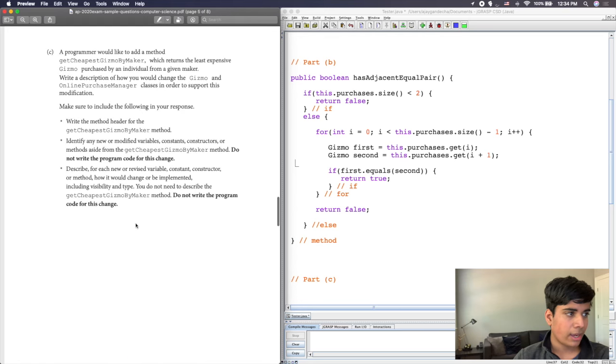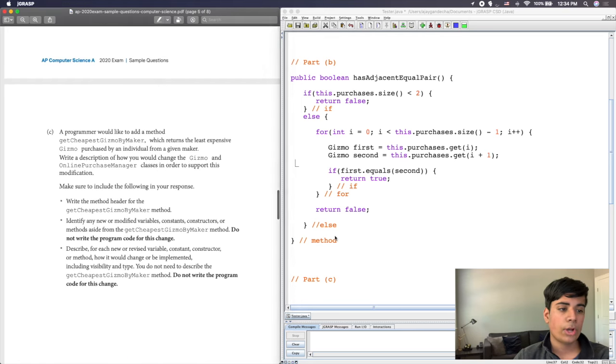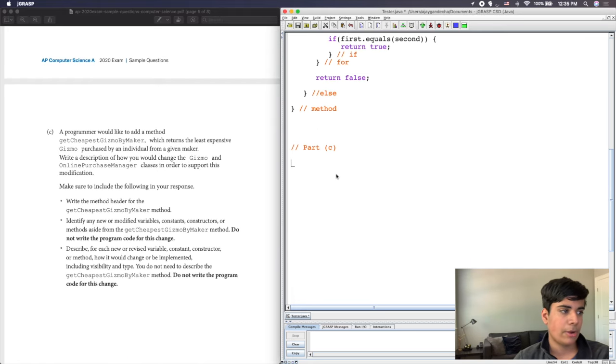So we're going to go back up to question number 1, part C, and we're going to try to figure out how we can answer this question. So it says a programmer would like to add a method getCheapestGizmoByMaker, which returns the least expensive gizmo purchased by an individual for a given maker. Write a description of how you would change the Gizmo and OnlinePurchaseManager classes in order to support this modification. All right, so the first thing that we could do when we think about this is,